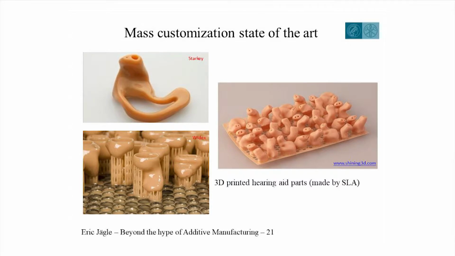For example, the hearing aids. Yeah, that was already in the hype cycle on the far right-hand side, close to the plateau of productivity. We have AM of hearing aids, and this is what they mean. Yeah, so people are getting older and older. They need hearing aids as they turn older, or some people already, unfortunately, when they're younger. And all of our ears are shaped differently. So we all need, ideally, individually produced hearing aids.